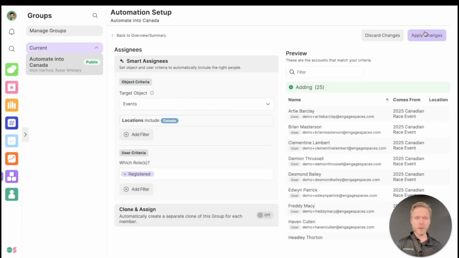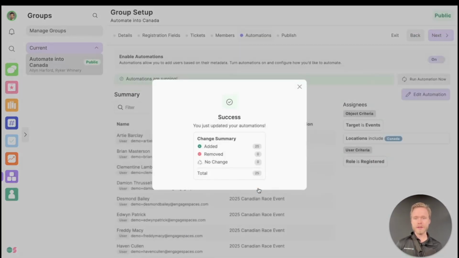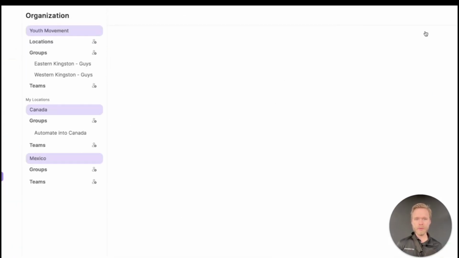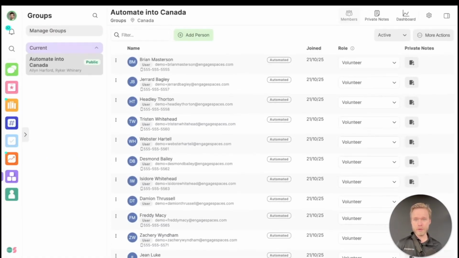Perfect. All we need to do is hit Apply Changes. Again, review our warning, how many people we're adding. Done. These 25 people have now been added to this group. Now when we refresh the page here, we can see all of them have been automated into the group. Now this also is a cool function with our group automation, because now that they've been added into the group,